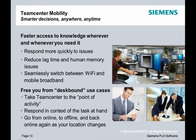And you can respond directly in the context of the task at hand, again without having to take notes or remember what you were doing. In fact, you can go from being online or connected to Teamcenter, then download what you need and work offline, such as while on an airplane, and then go back online to Teamcenter, synchronizing your mobile work with your home